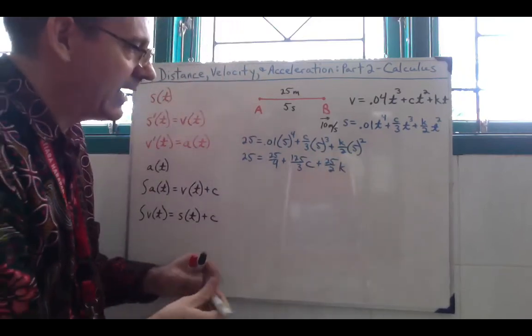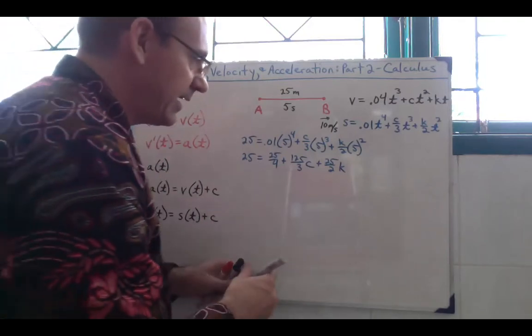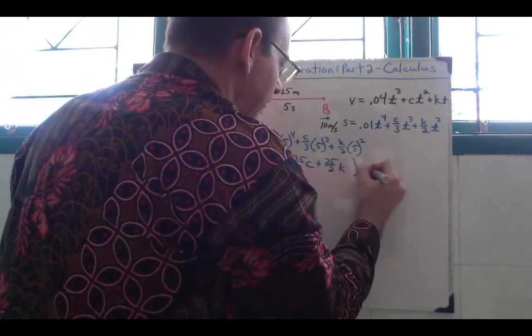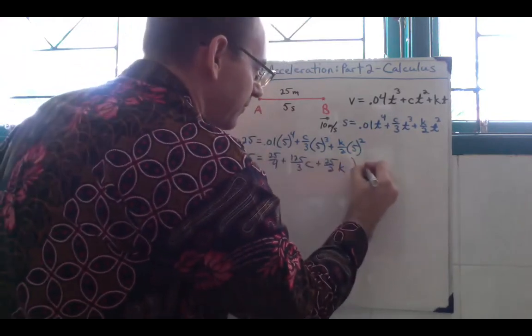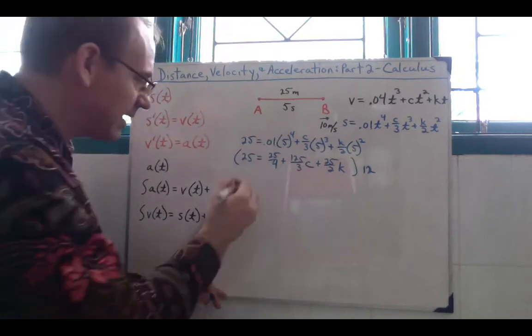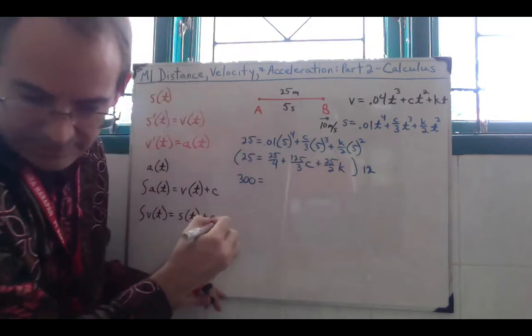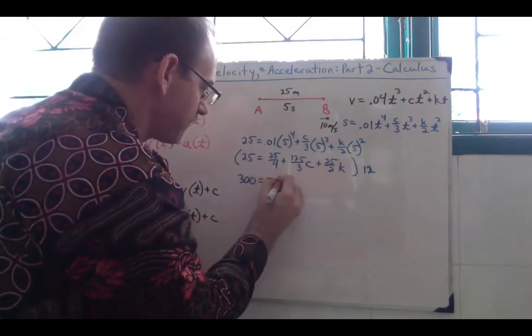Now for me, I don't like all these fractions here, so I'm going to multiply everything by 12 to get rid of the fractions. And when I multiply by 12, that makes 300 equals 75 plus